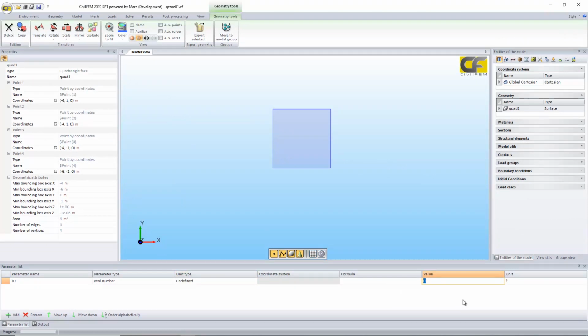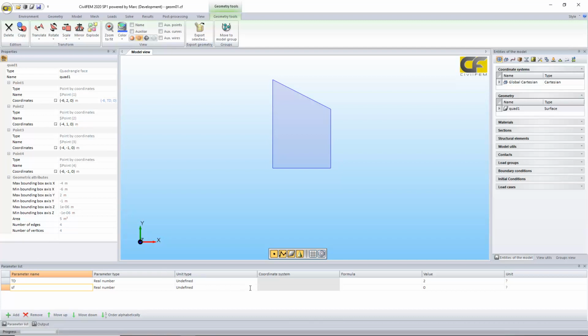Example here, you can set a value of 2, and then here, if I type it, you see that it takes the same value. I can set another one